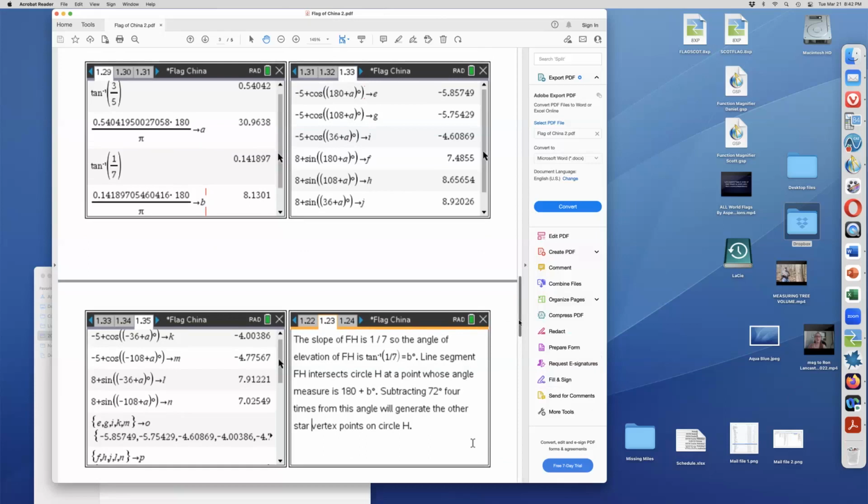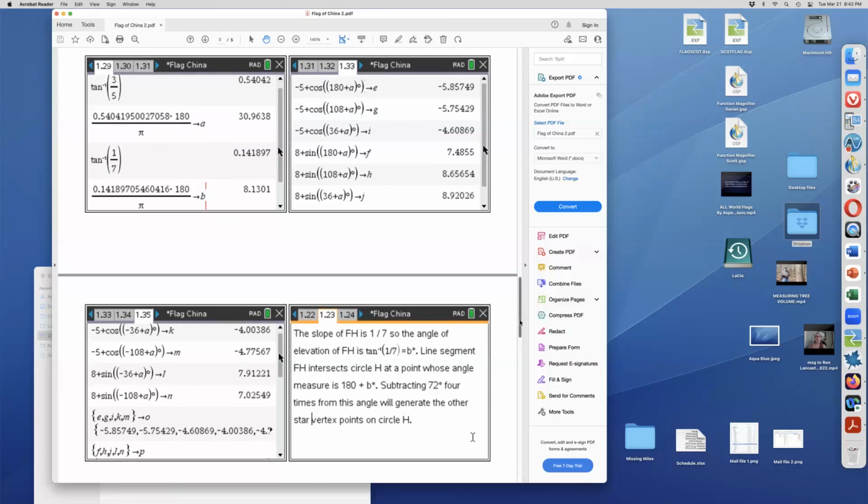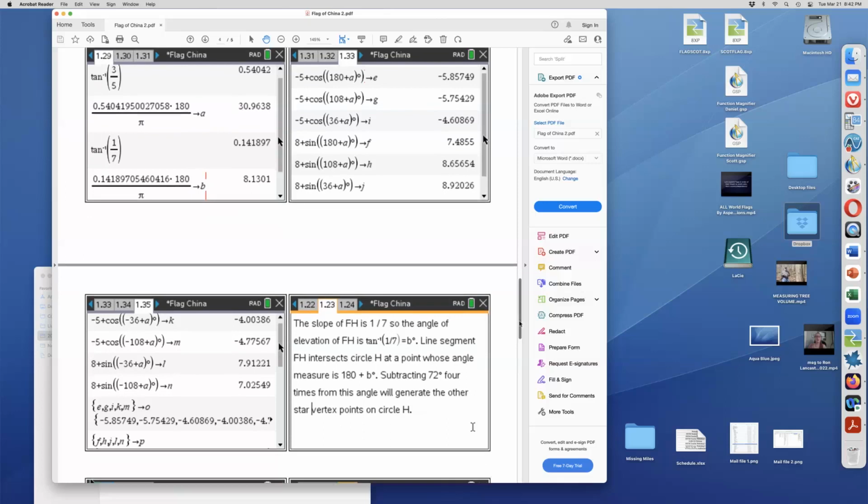Okay, and then if you take a look at the lower left slide that Ron has on the screen, it finishes up that description of the 2 coordinates. And then the nice thing you can do is you can store these as a set and have a set of the X coordinates, and I put that in set O, and a set of the Y coordinates in set P. And then when you go to a scatter plot for the graph, you can just put in O for the X coordinates, P for the Y coordinates, and it goes ahead and plots all of them. And that's how I got the points on the circle on the upper right.